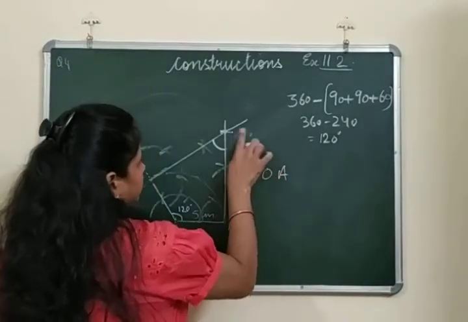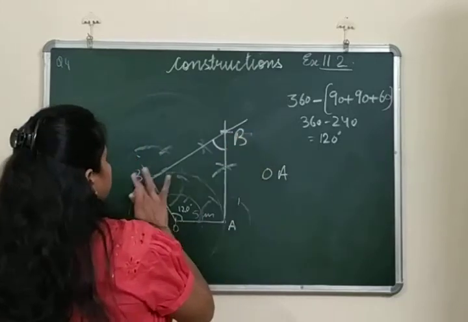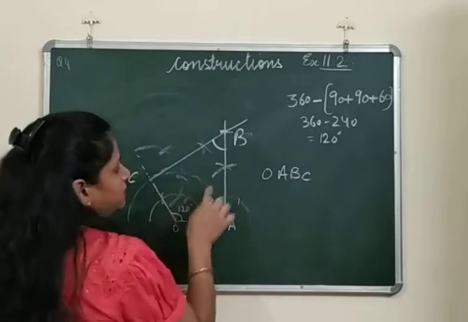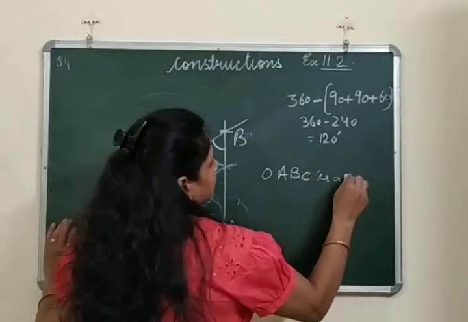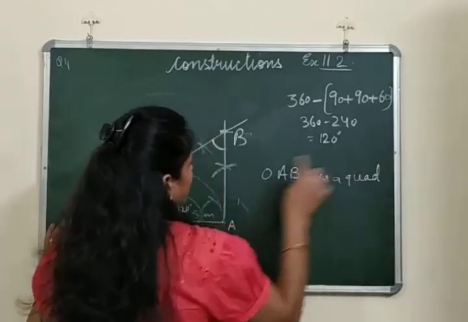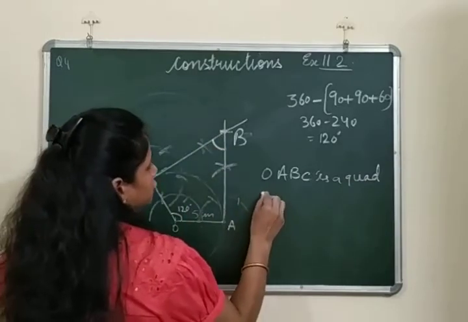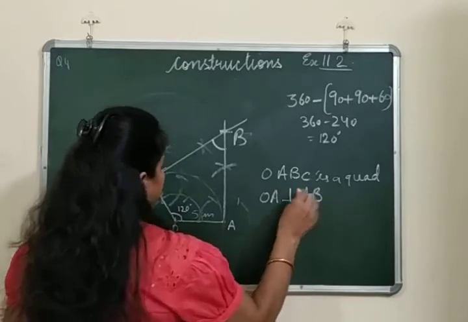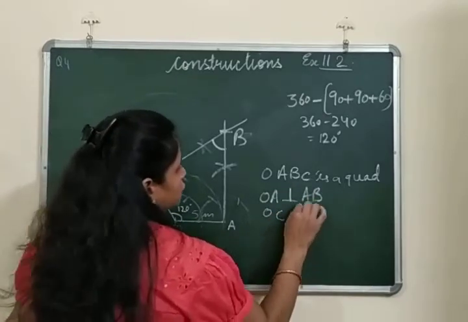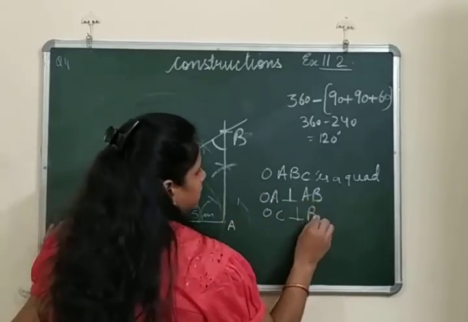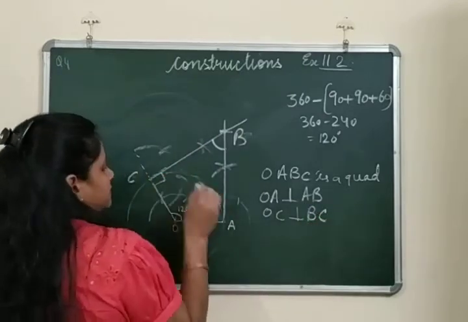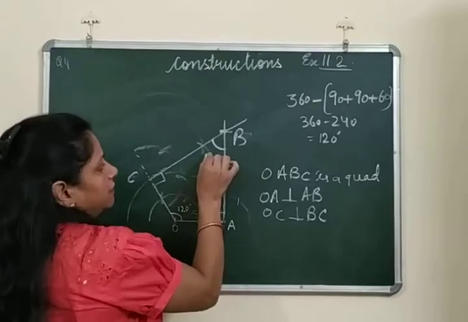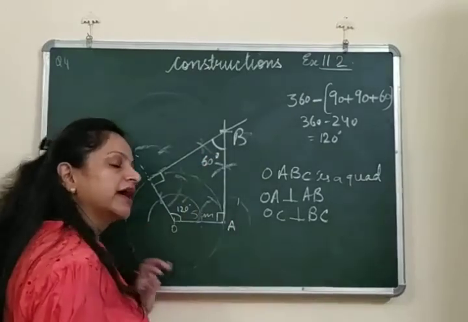OA, you can change its name. OA let it be A and let us take this as C. OABC. OABC is a quadrilateral. OABC quadrilateral is being formed in which OA is perpendicular to AB and OC also is perpendicular to BC, 90 degree angles, right? So definitely this angle will be 120 and this angle will be your 60 degree angle,